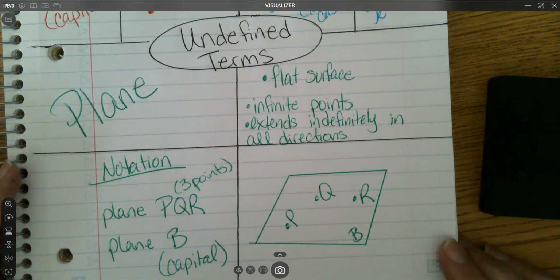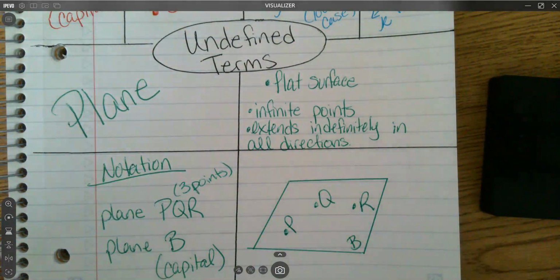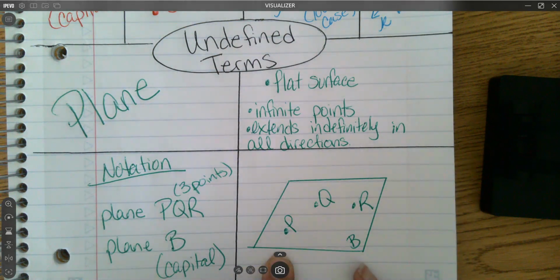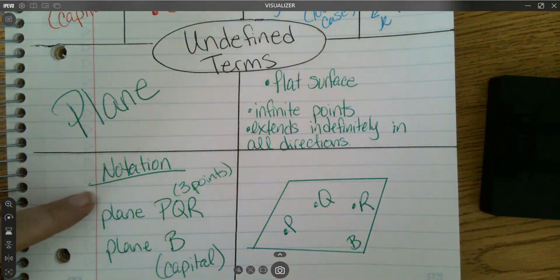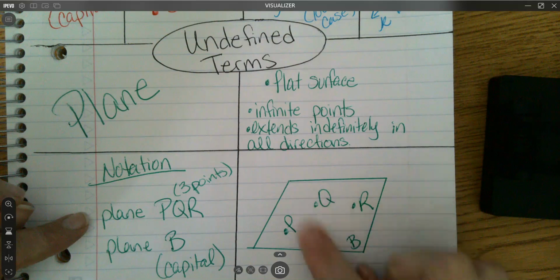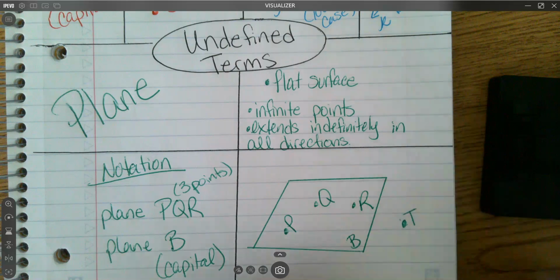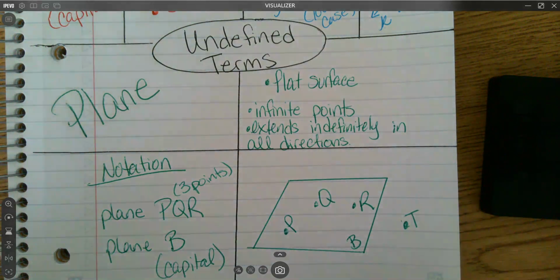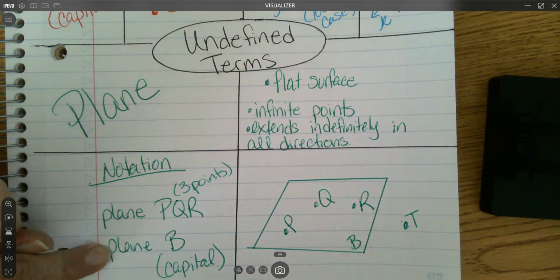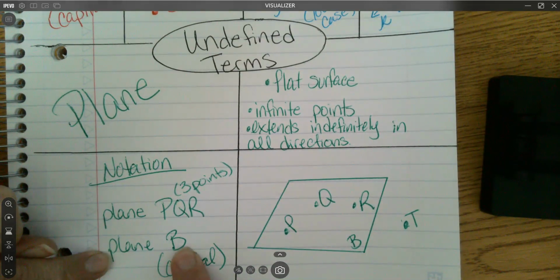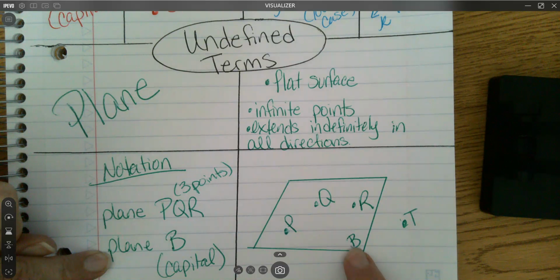And last but not least, our plane. Our plane is a flat surface. It has an infinite amount of points. Okay, it extends indefinitely in all directions. We're just kind of limited to our paper, right? And the notation is 3 points that lie inside of that plane. So if I had a point over here, put one in here. I put a point right there. Nope, it's not on the plane, so it's not going to count. Or we'll use the word plane with the capital letter, and it's the letter that doesn't get the point drawn next